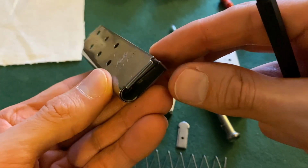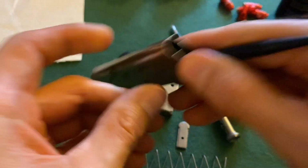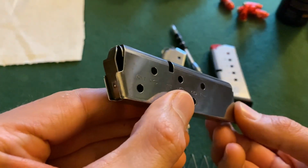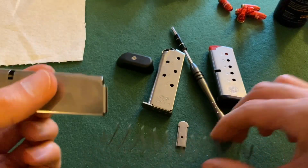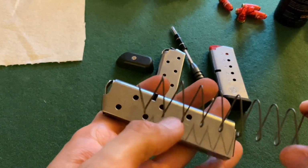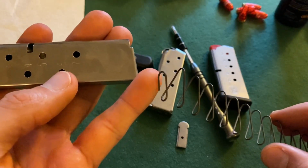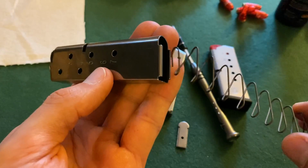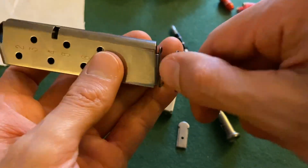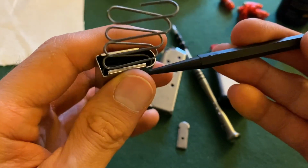And then once it's back like this, you can push that all the way to the top, just like this. Once that's in the top, the spring goes back in like this. So the smaller guy with the little round part goes in like that, goes in like this. You're gonna have to push past the little lips right here and here,